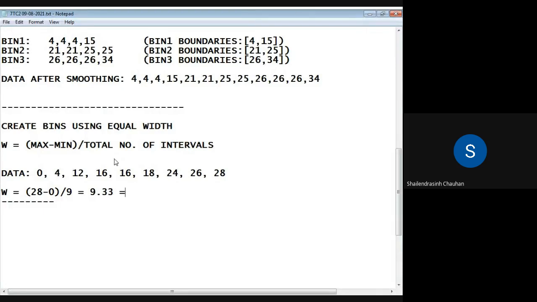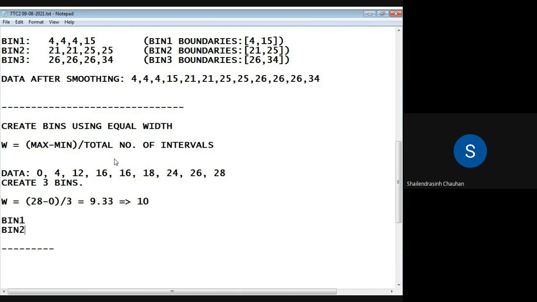And yes, here it will also be given that we create, let us say, 3 bins. And so here what we need to do is just replace N. The round figure that we are having, let us consider it as 10. And we will be having bin 1, bin 2, and bin 3. So they are mentioning how many bins or intervals we want to create. We will be having 3 bins. So how are those values or intervals decided? Intervals are decided based on this.